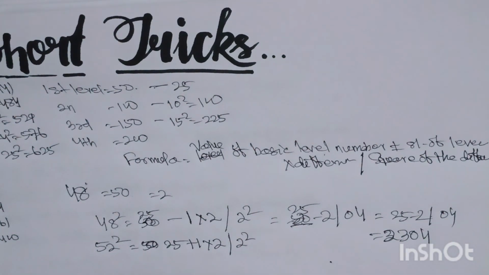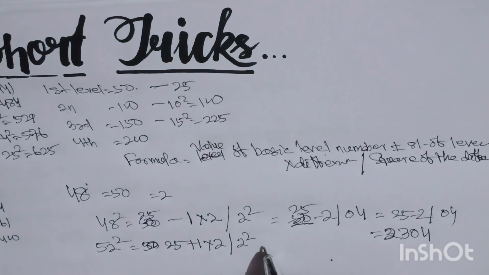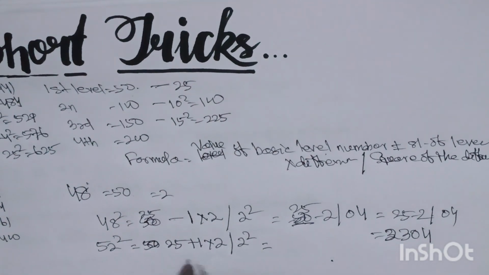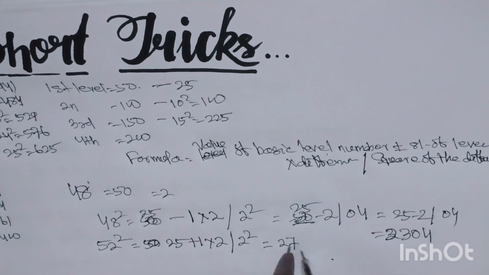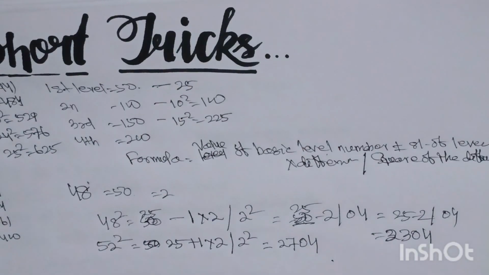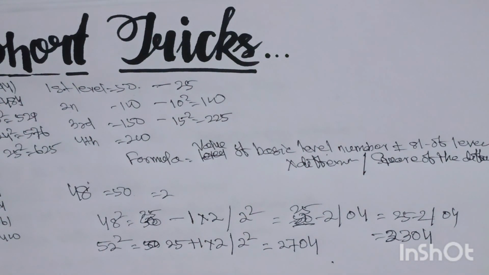Difference between 52 and 50 is equal to 2. So 25 plus 2 is equal to 27, oblique 04, which is 2704. So the 52 square is equal to 2704. After practicing, you can find out those squares easily without pen and paper. Third example is